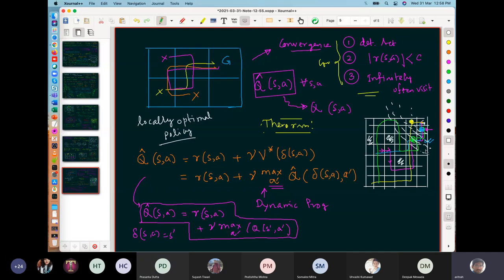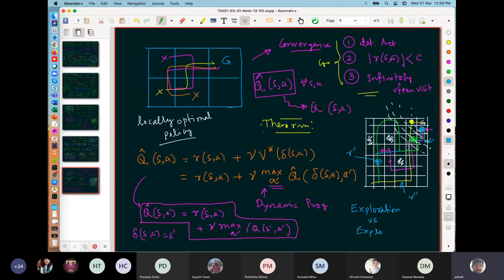Now I will finish off with a very small observation you might have noticed during this exploration of the path. It might be that you have intermediate rewards in the state, suppose this state contains an intermediate reward R dash, this state contains an intermediate reward R dash. Consider the chess game. If you capture someone's queen, the reward should be more. You are in a better position, right, in terms of points. So that means sometimes it may so happen that you go on collecting these rewards in such a way that you do not reach a goal at all, right? So it is the question of exploration